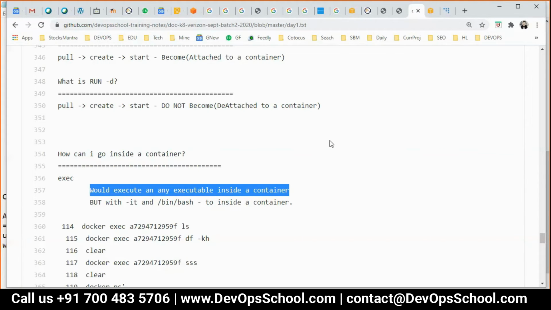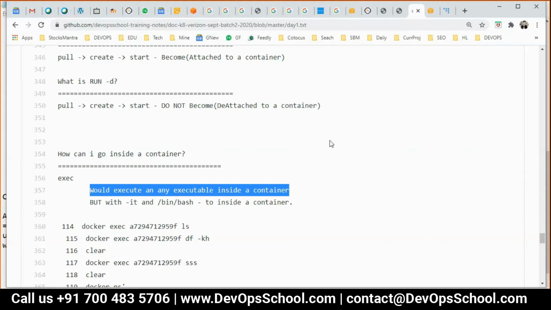For example, if you are running exec from your host machine, then inside the container it will run that executable, capture the output and give you the stdout on your console, that means your WinBash.